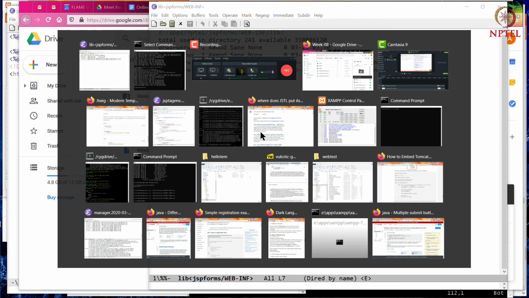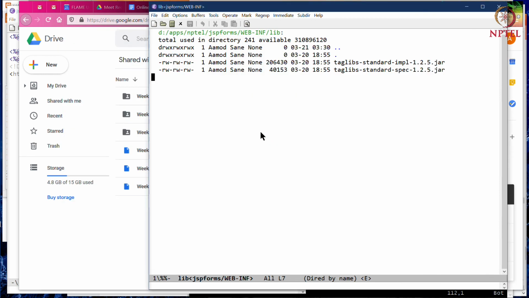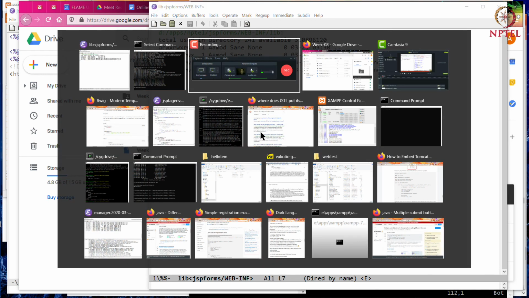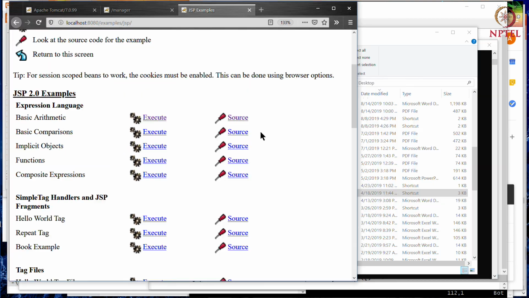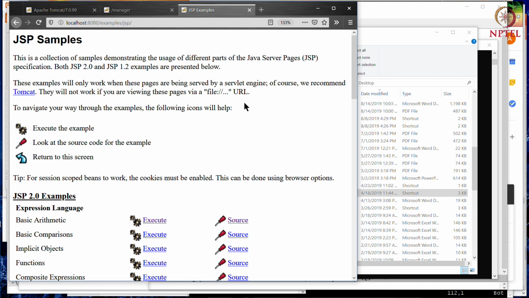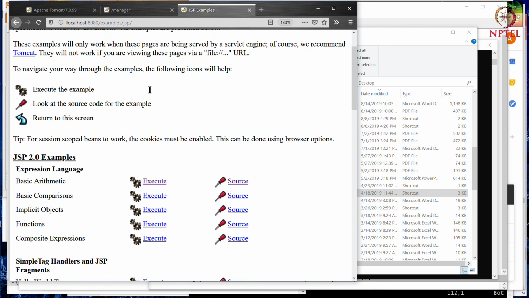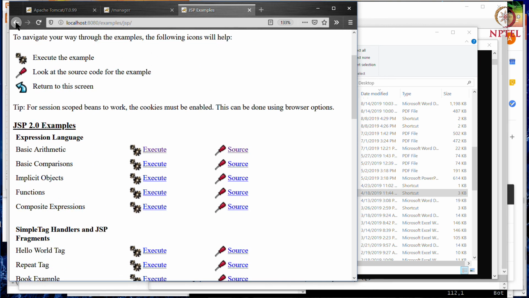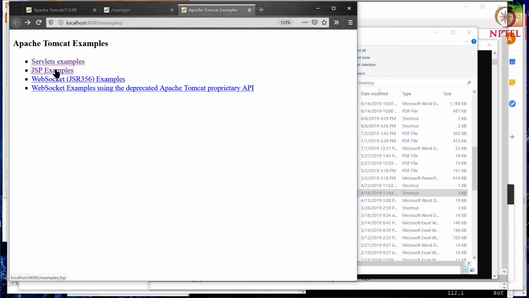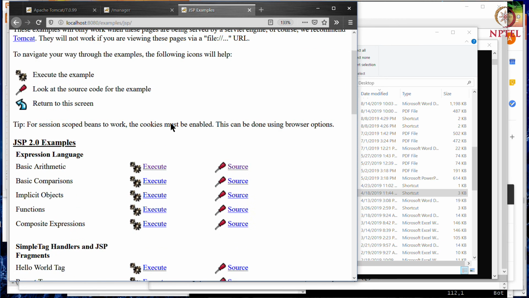In addition to that, there is one thing that is worth saying. Examples, it is JSP samples. So in these examples there are servlet examples and there are JSP examples.